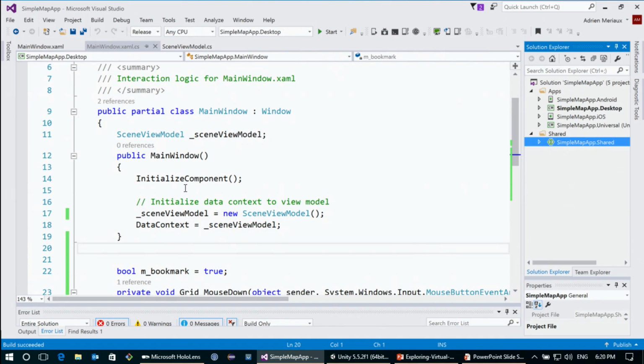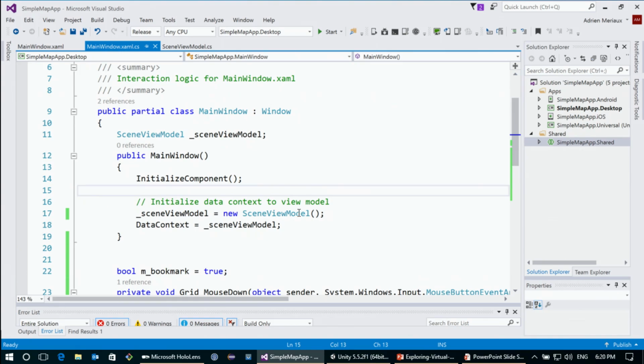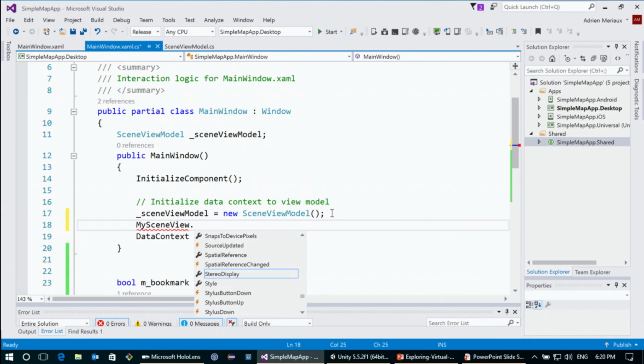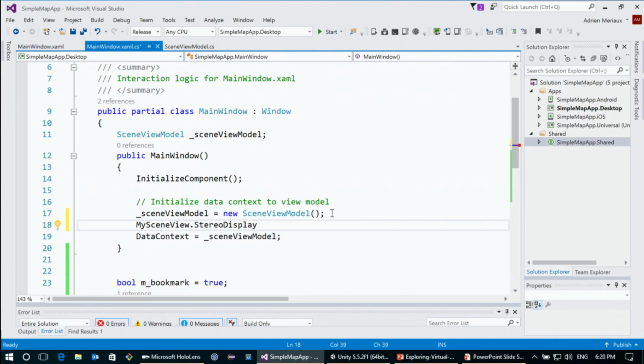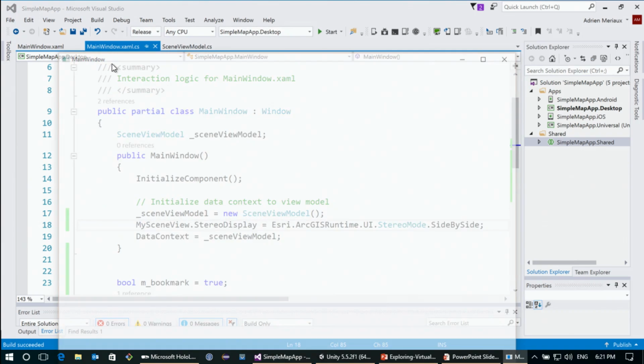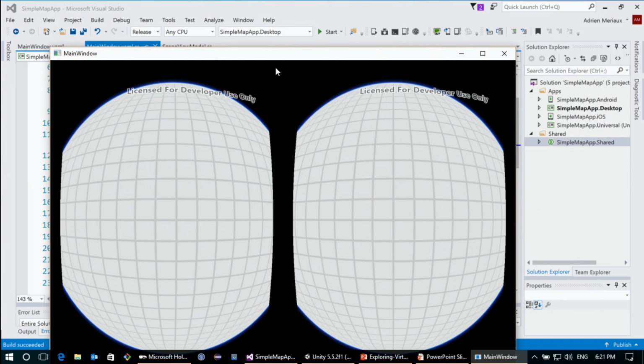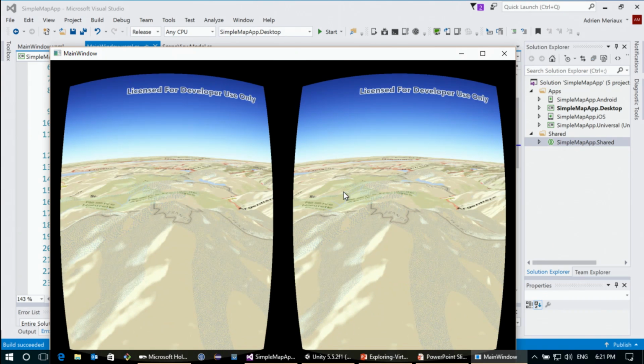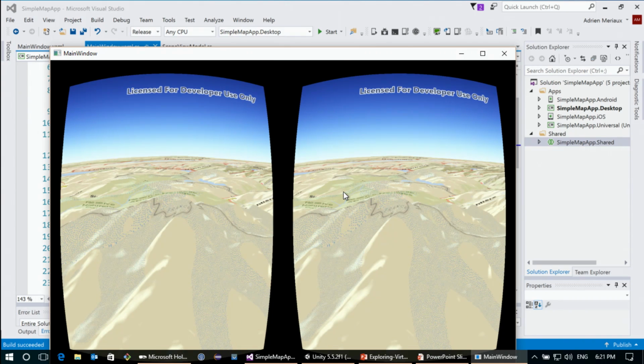And once again, I'm insisting, because it's that simple, that if I want to make it with a stereo display, I just set the stereo display to side by side. I rerun exactly the same application. And now you have the side by side, except that there's an internet connection issue. Oh, here it is. And same app, but now I can run inside the Google Cardboard, the Samsung GearVR, or